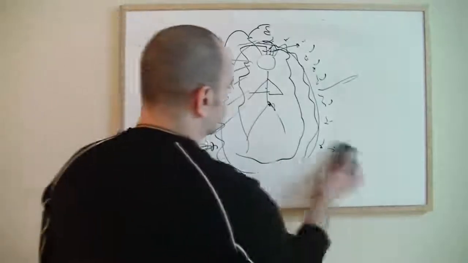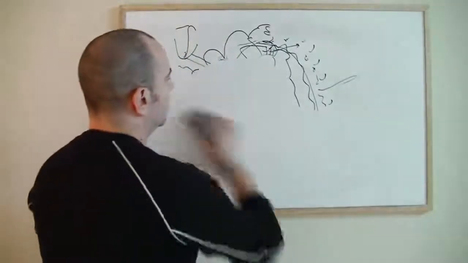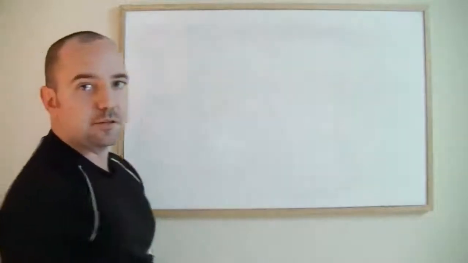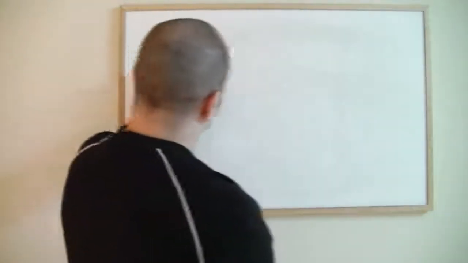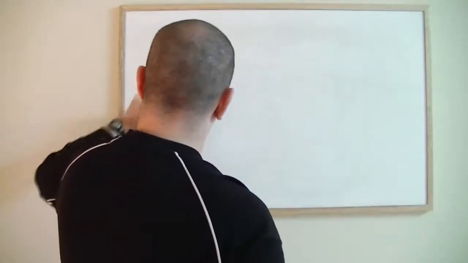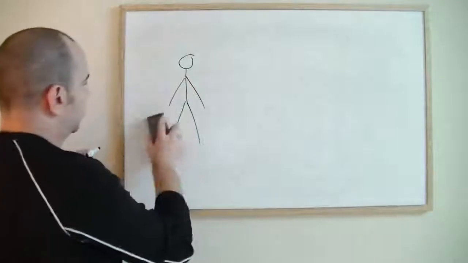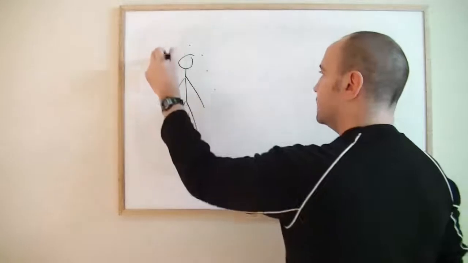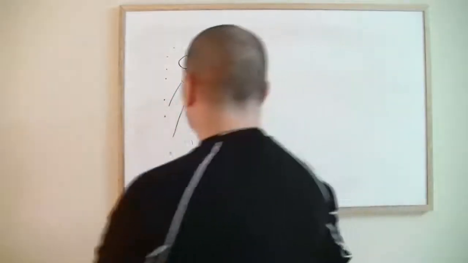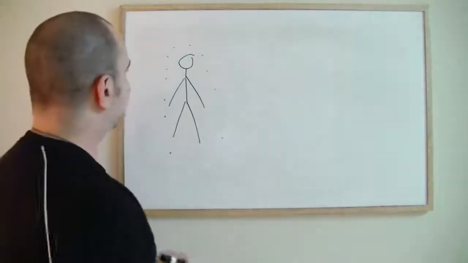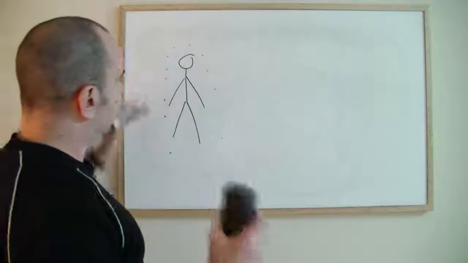Well, let's create a whole new drawing here. And let's take a look and see exactly how we can deal with a lot of these thought forms that we're literally just attaching to ourselves on a daily basis. All right? So, here again, it's the idea of our particular physical body. All right? Sorry, don't want to make it look like a primate. So again, here we have all of these thought forms. All right? Thought forms that we're basically attaching to. And how are we looking to clear that out?